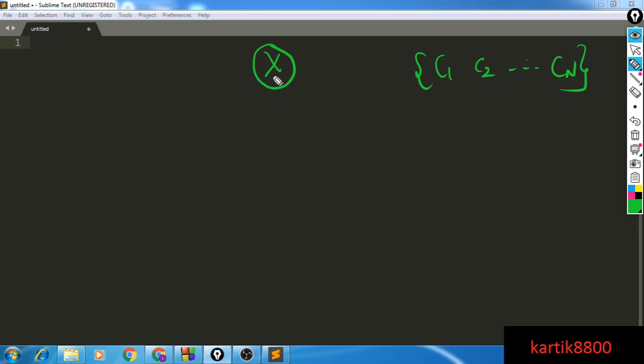Let's take the first coin. Among all the valid ways, in each valid way I will be taking some coins and making my overall sum x. So let's pick our first coin. Either you are going to pick the first coin to be C1, or you are going to pick the first coin to be C2, or so on until you are going to pick the nth coin, right?